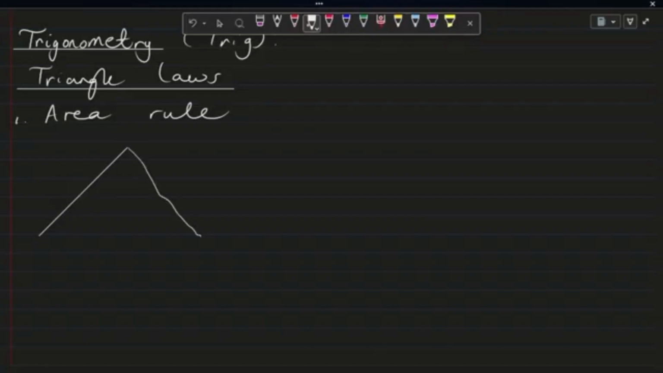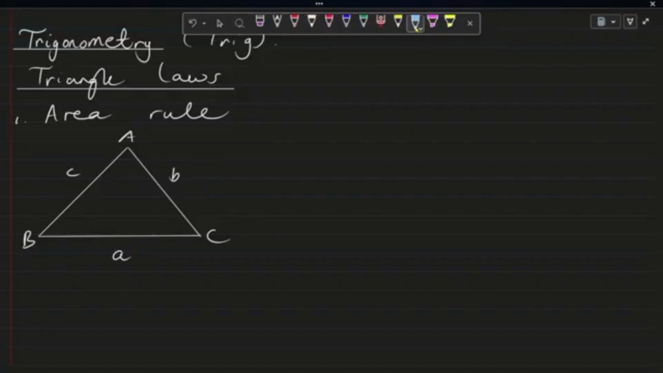So let's say we have a triangle of this sort, one that is not a 90-degree triangle. Okay, so let's call this A, this is B, this is C, and then we'll call this side A, this side B, and this side C. Now,